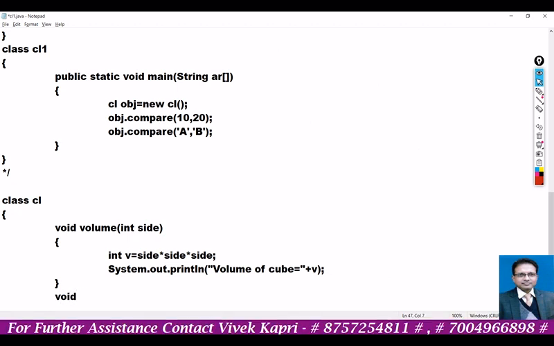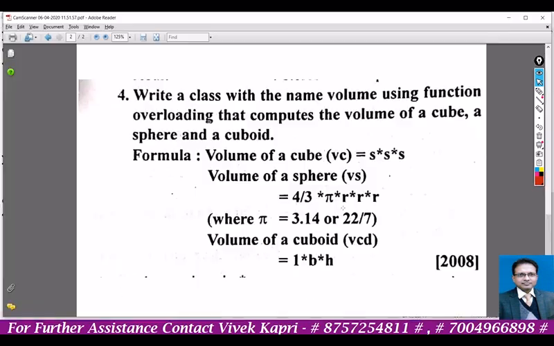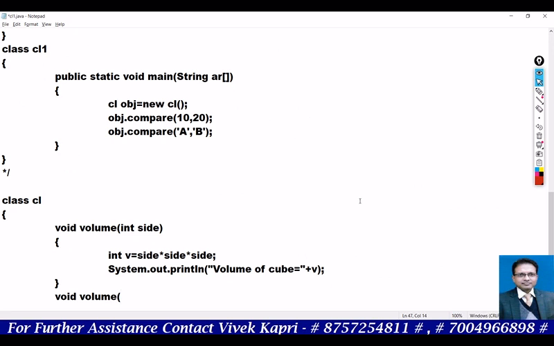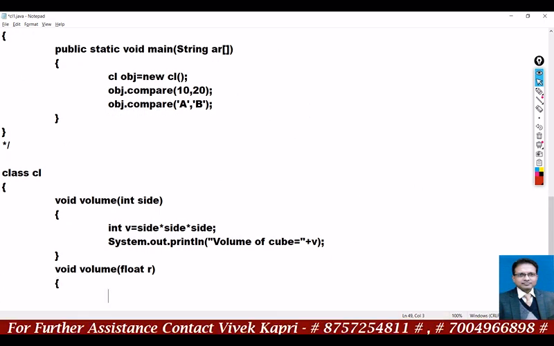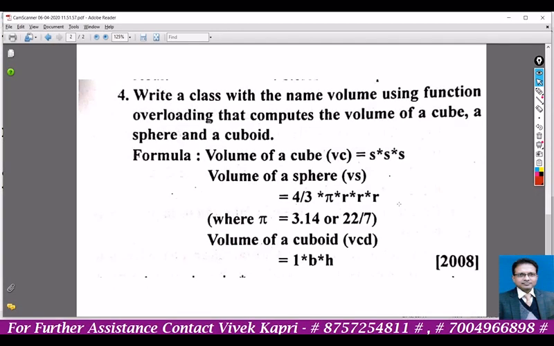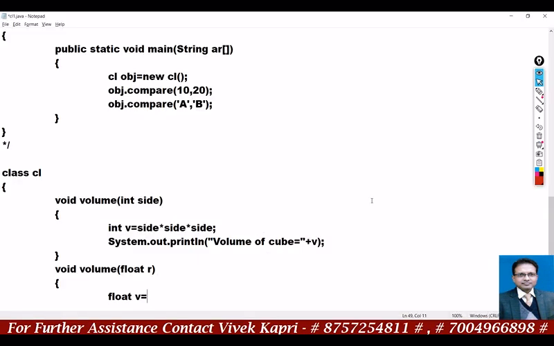Void volume. This time sphere, 4 by 3 pi r cube, so we'll declare float radius, float r, and float v equal to, what is the formula? 4 by 3 pi r cube. We will take 22 by 7, or you can also take 3.14.